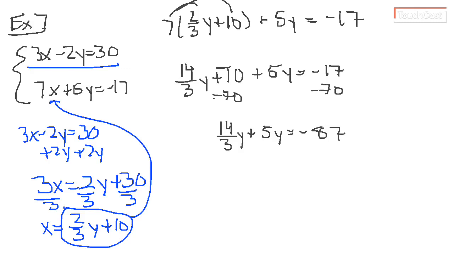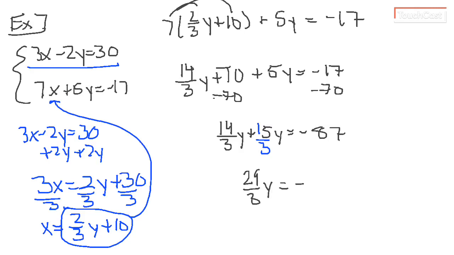And we're almost there. Now we need to combine those two y terms. Now I'm going to rewrite 5y as 15 over 3y, because our common denominator would be 3. If I multiply the term that has 5y in it by 3 in the numerator and denominator, I get 15y over 3. Now we can combine these. 14 thirds y plus 15 thirds y is equal to 29 thirds